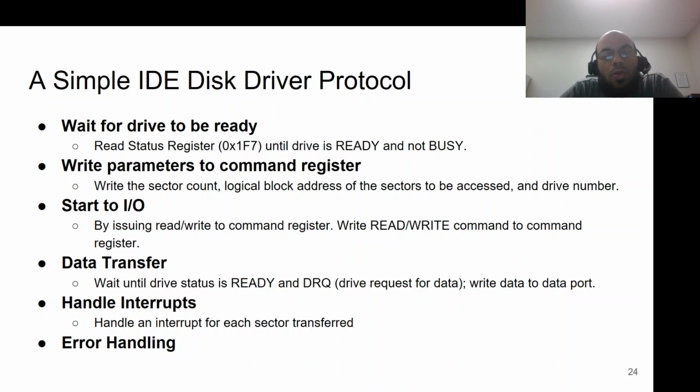So in this case you're writing, so the device is ready, it has done the seeking, it's now waiting for whatever you're going to write, so it sends you a DRQ, drive request for data, and then you send it the data and it writes. You handle the interrupts if there are any, and you do all the error handling. Of course,